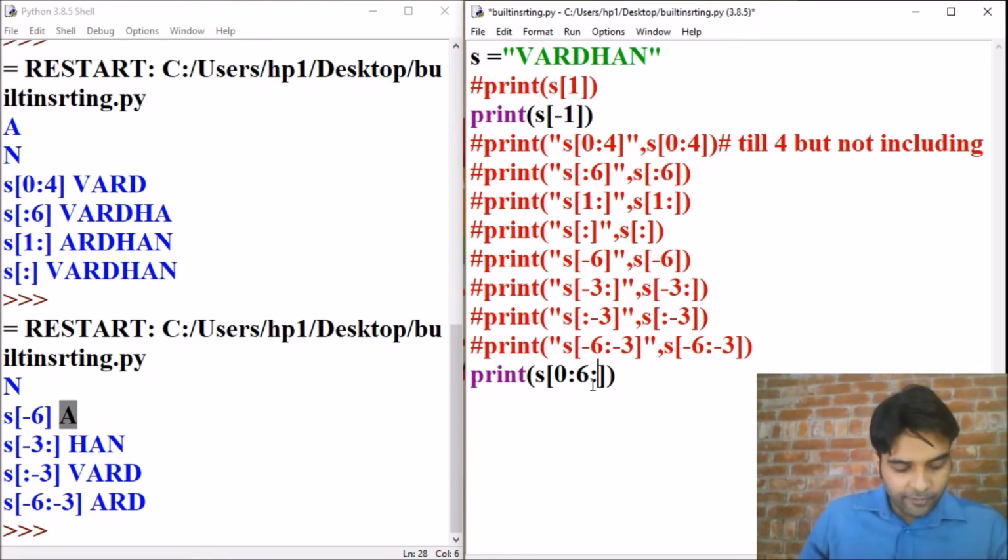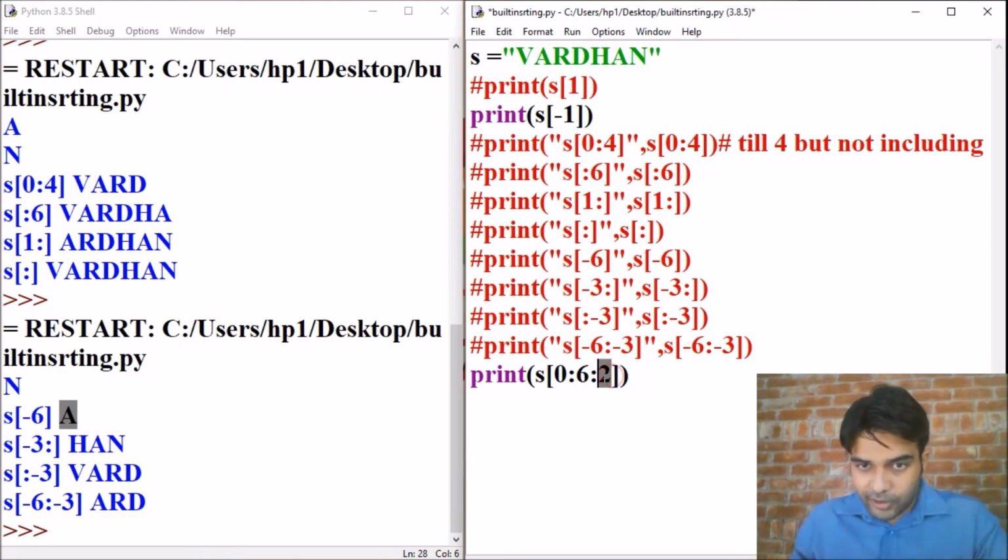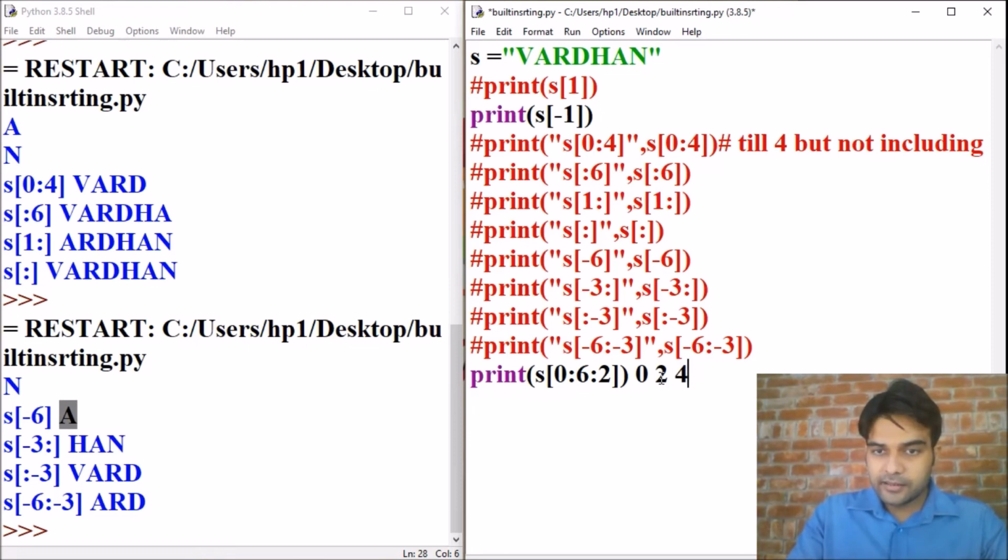It refers to the number of characters to move forward after the first character is retrieved from the string. If we have given a stride value equal to 2, then we will start from 0, it will be executed, then 1 will be skipped, then 2, then 4, then 6 will not be counted. So it will move in this manner.